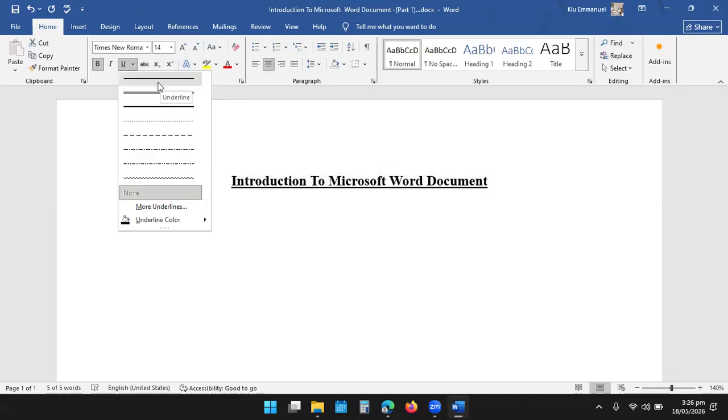You can either use, let's say, the normal underline. You can use, let me say, double underline. You can also use a thick underline. So let's say we want to use a thick underline for this lecture, or if you want to use broken or dotted underlines, it's accepted. But let's use just a thick underline for this case. So I select thick